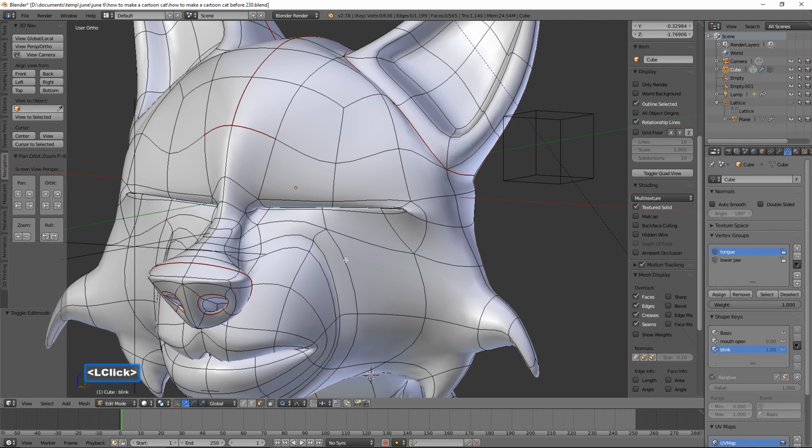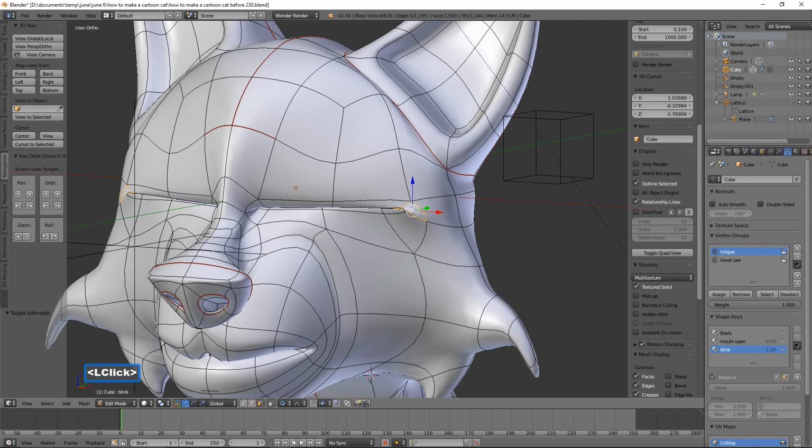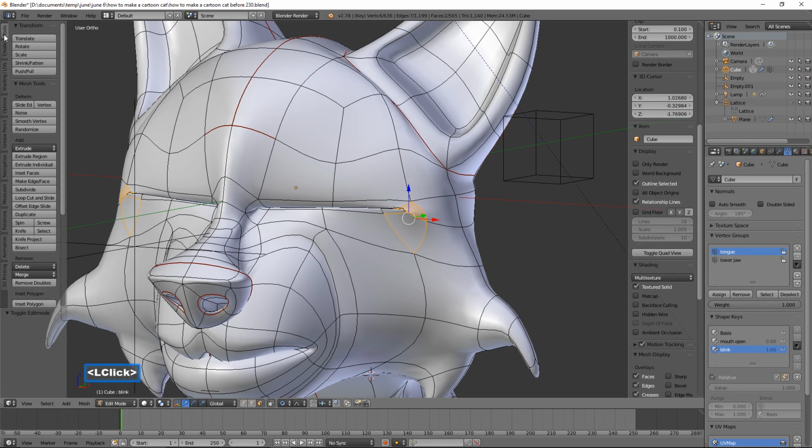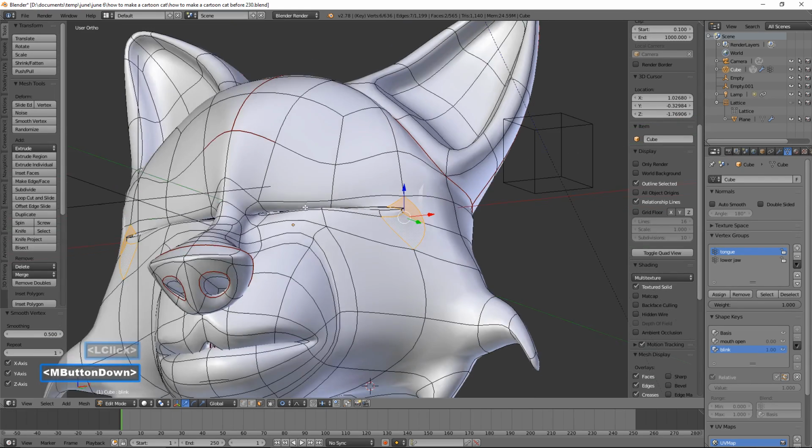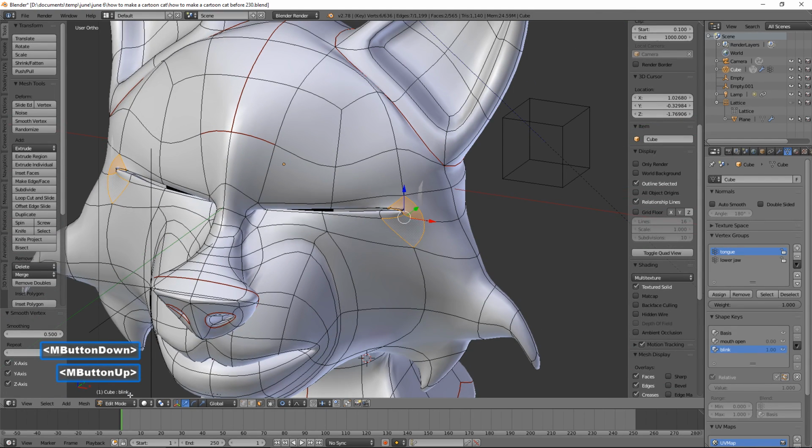Okay, I'm going to go to face select. I'm going to click here, hold shift and click here. I'm then going to go to tools and select smooth vertex. I find that when you have areas and you're struggling a little bit with it bunching up, what you can do is, when you're dealing with the shape key here,